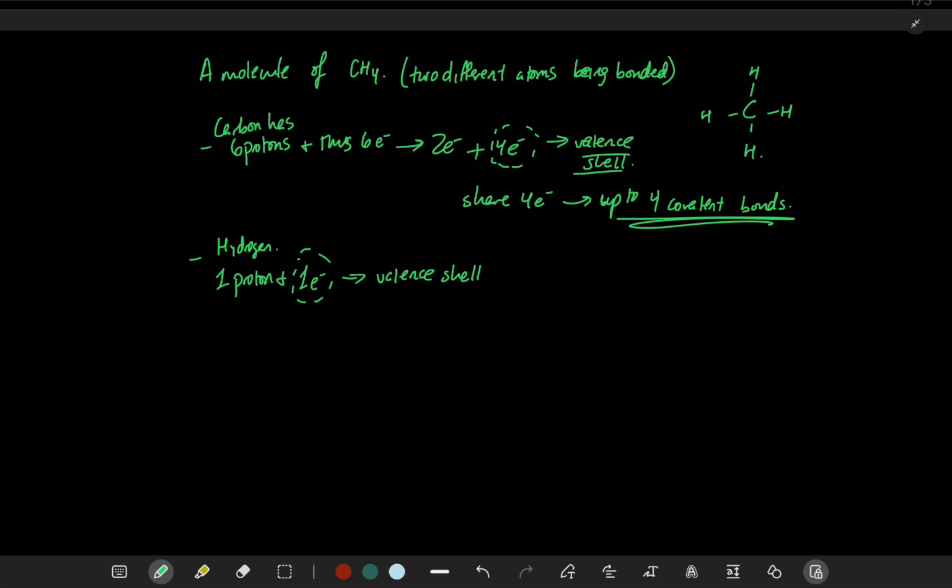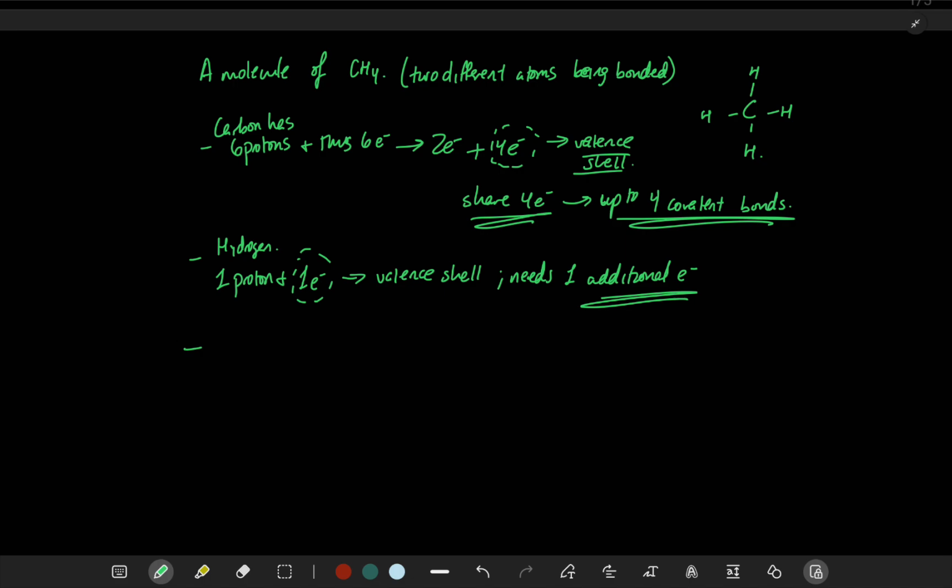And because, again, it's an exception to the octet rule, it needs 1 additional electron to reach its desired 2 valence electron stable state, right? So this needs 1 additional electron. This needs 4 additional electrons. So what happens is,